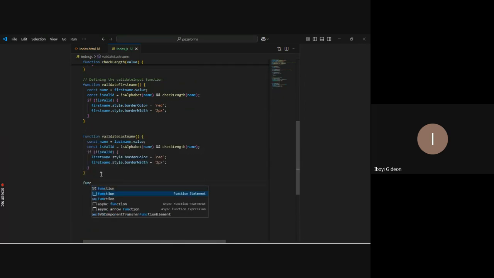Function, and we'll call it validateEmail, not taking any parameter. Then we say email is equal to what? email.value. Exactly. So what do we do now? We say const isEmailValid. Good. So let's check if his email is valid. Then we call